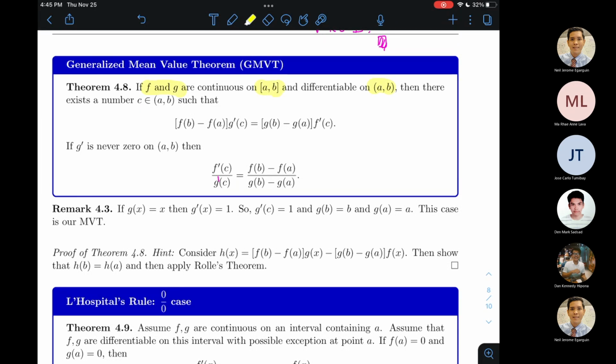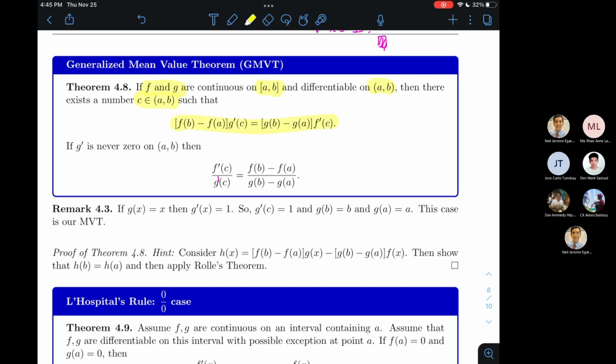Then the promise is that there will exist a number c in the open interval AB such that this equation, let's call this equation star, yung equation star ay totoo. So we can find a number c in the interval AB such that f of b